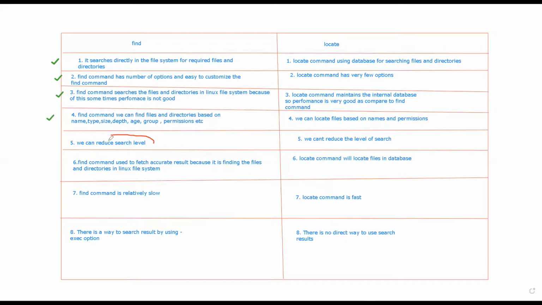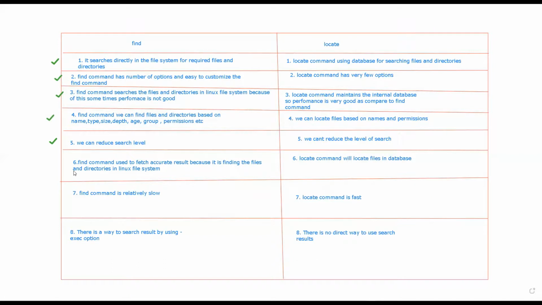Then you can search on level as well, and this level can be customized. So you can see how powerful the find command is. Though it is slower in nature, if you tweak the options carefully, you can expect real-time results. But in the other case, you always need to update the database, right? And sometimes, so many users are using it, so updating a database is a headache, right?